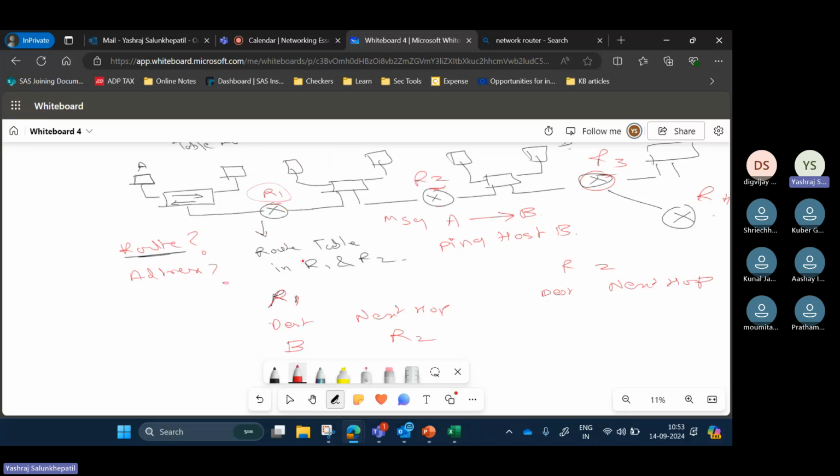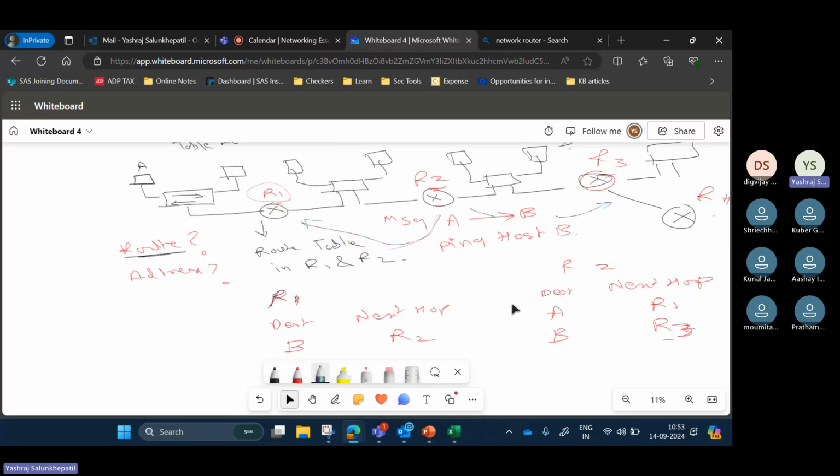But since it is a table, it will have A and उसका next hop होगा R1 because ऐसे उल्टा भेजना है अपने को, यहाँ से यहाँ भेजना है. Okay, it is going from here to here in that case, or otherwise it is destination B and R2 will have R3. ठीक है, we are sending it to the other side, ये side पे भेज रहे हैं. That's why.